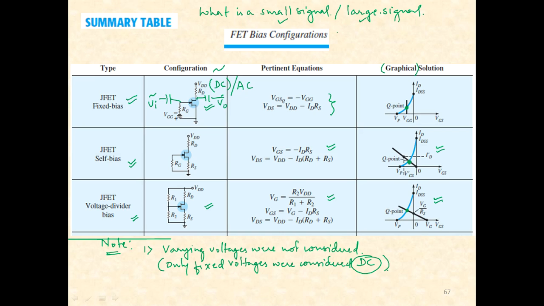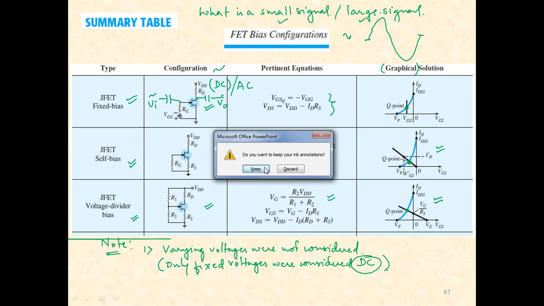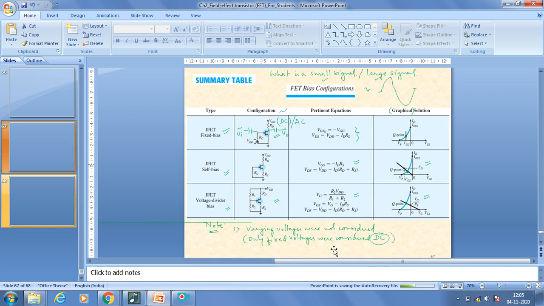Does small signal really mean that a sinusoidal signal is very small? And does large signal really mean a signal with a big amplitude? Is it this, or is it something else? We will discuss it in our next class. All right, so if there are any